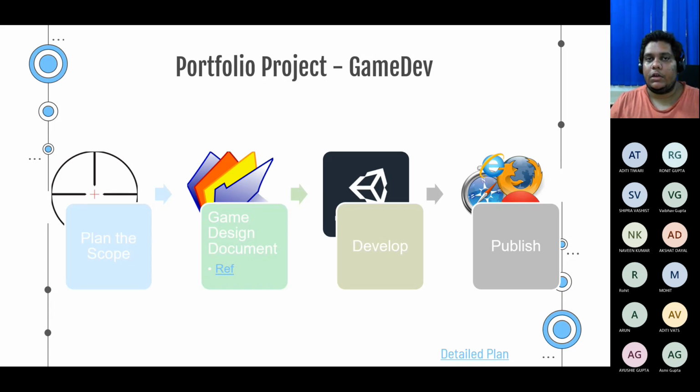If it is for a basic game, not VR or AR, then the best thing to do would be to create a web version, or if you want, a mobile version. But with a mobile version, the issue is that you'll have to share an APK, and they'll have to install it. So that is why the best way to go for a game dev portfolio is to create a web-based project.